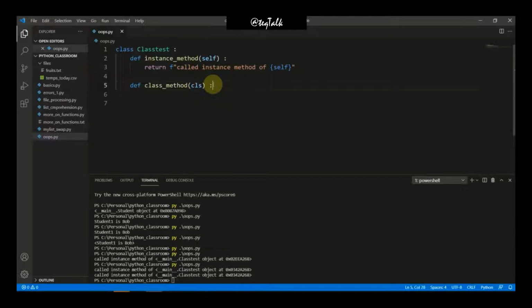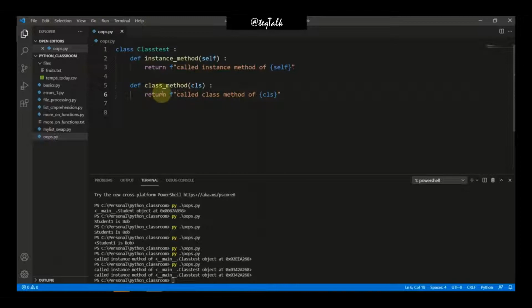And colon, and now I'm going to return "called class method of", within curly braces, CLS, and removing this space. Yes.